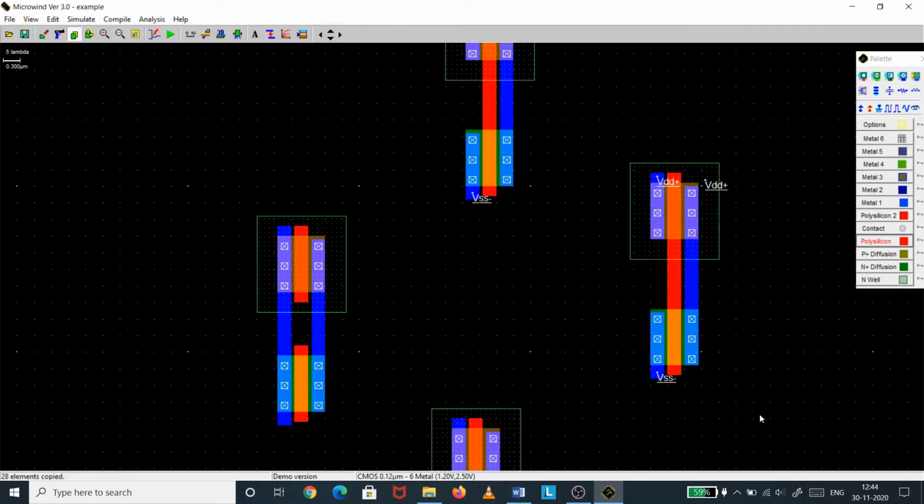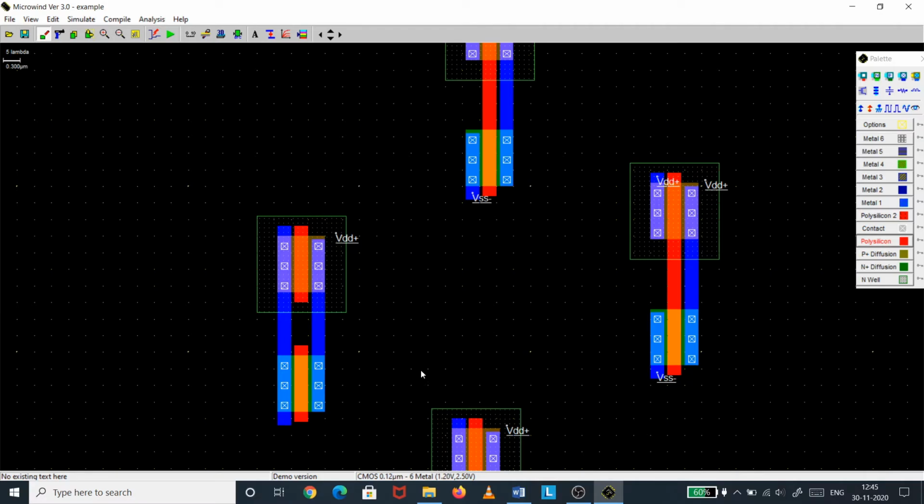Now I have two transmission gates and two CMOS inverters. As per our circuit diagram, we will now go for the connection and then we will name the signals. VDD we have to give to the n-well, right? So don't forget to put VDD to the n-well. Okay, so first input is our D input.